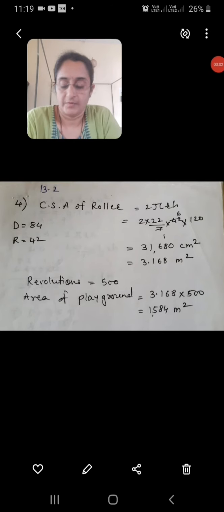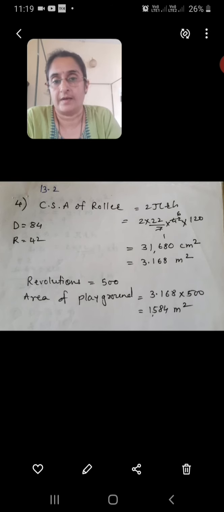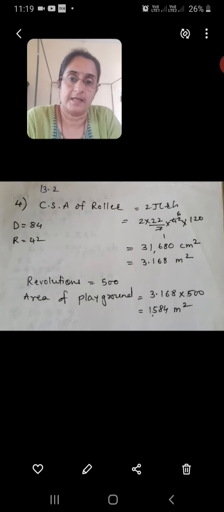In the next exercise, we are going to learn about the surface area of a cylinder. Have you seen a cylinder shape? There are many things we find around us which are in the cylinder shape. There are some pipes, rollers, tube lights, so many things around us we find in this shape. So to find out the curved surface area and total surface area of this cylinder, we are going to use two